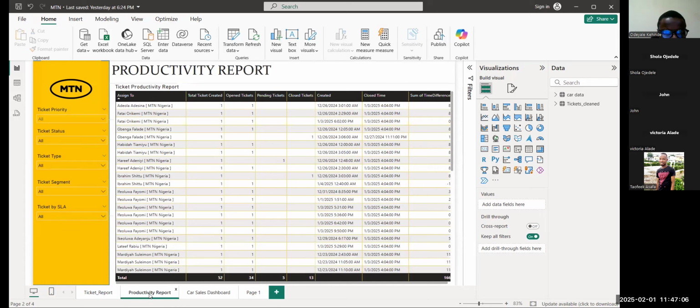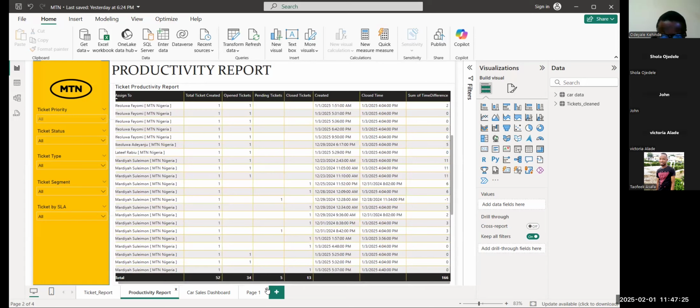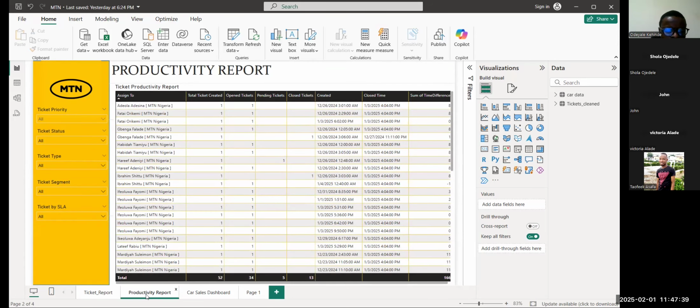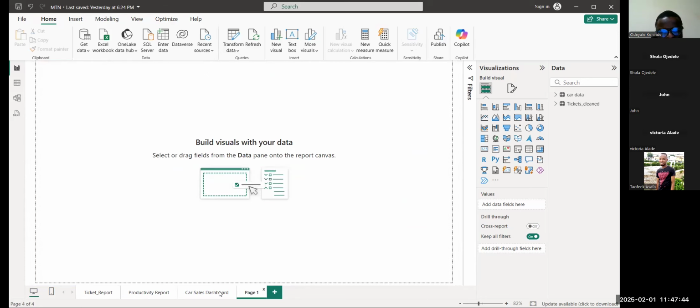Then we have the productivity report. This shows the list of staff in the MTN and how they are responding to the tickets. This is the date created, close time, total created. It will show the grand total at the bottom here, then the sum of the time difference. So now this is the kind of report that we want to create with Power BI. We start with loading data sets